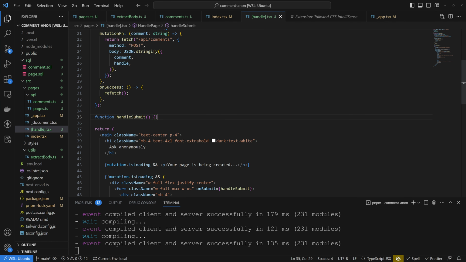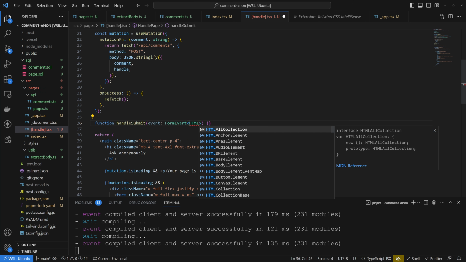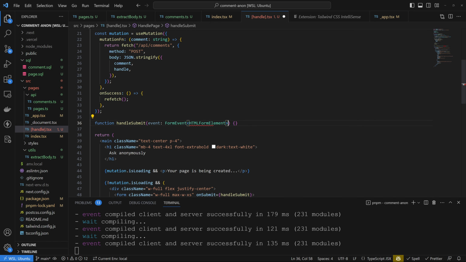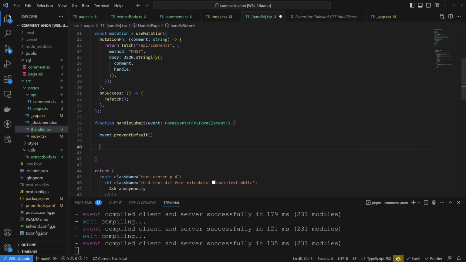Okay, so the next thing to do is to implement our handle submit function. Again, in here, we're going to get an event. This is going to be a form event, and again, we're going to use an HTML form element. We're going to call event.preventDefault, because remember, we don't want the page to refresh when we submit this form. We say const data is equal to new FormData